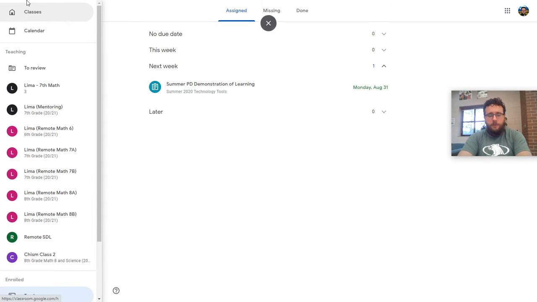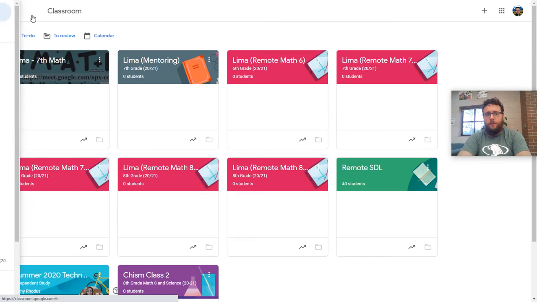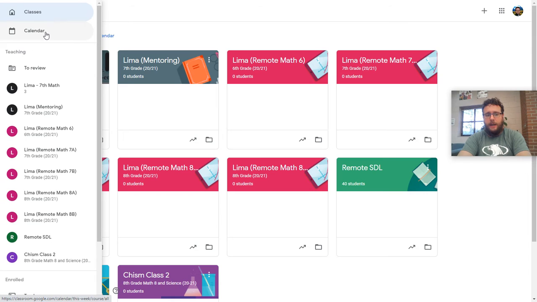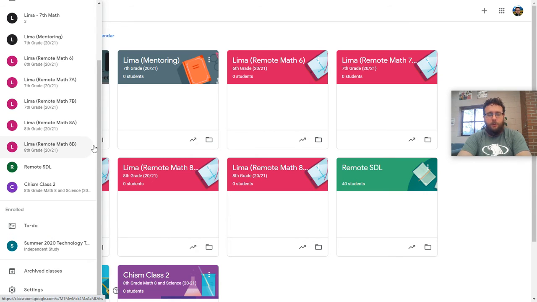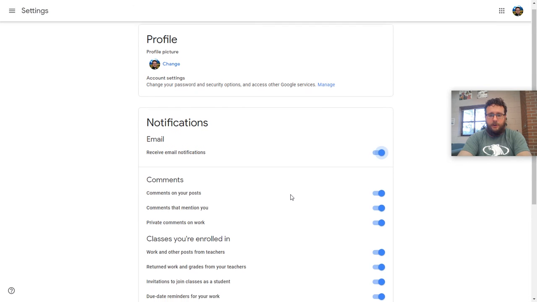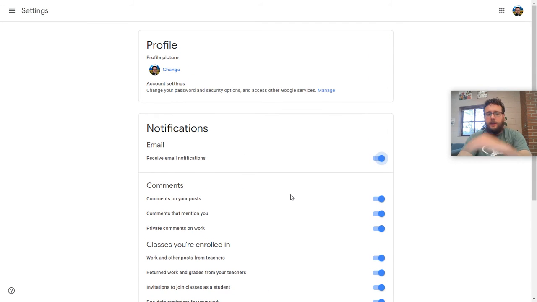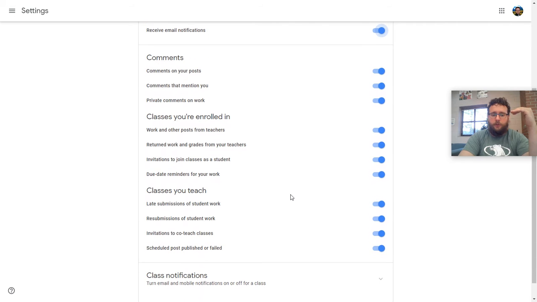Now, from the left side too, so that's for this menu that you click on, you can go back to home. You also can access the calendar and your to-do screen from the bottom here, and you can also go to settings. And settings is really awesome because there's a lot of cool things, including you can enable or disable email notifications. And if you enable email notifications, there's a lot of features that you can turn on or turn off, including some that allows you to create what is called a